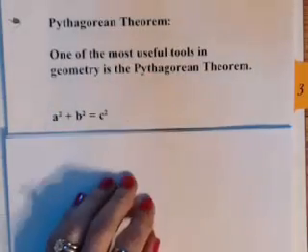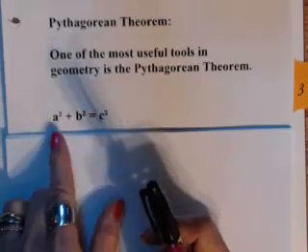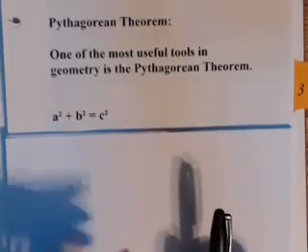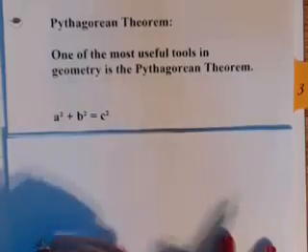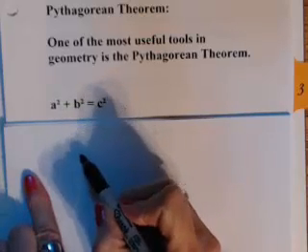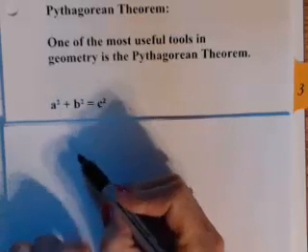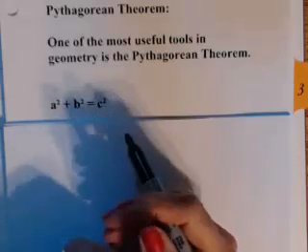One of the most useful tools in geometry is the Pythagorean theorem. A squared plus b squared equals c squared. It's used in construction. It's used in building buildings and bridges. Carpenters use it all the time, and we use it in finding measurement from